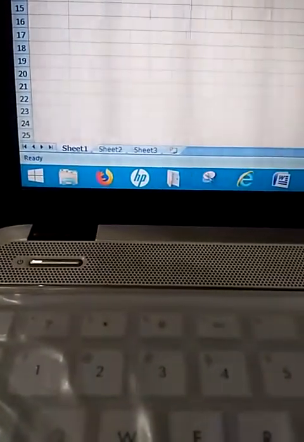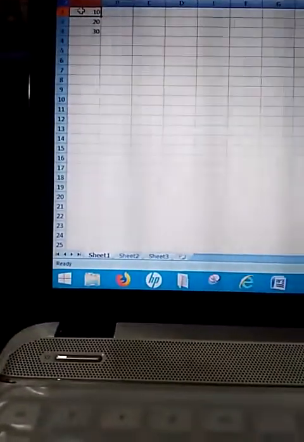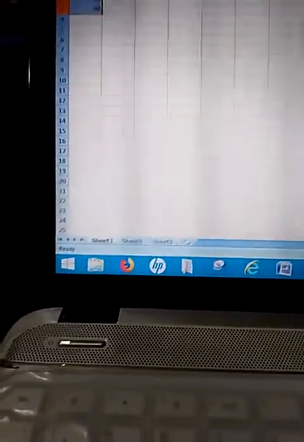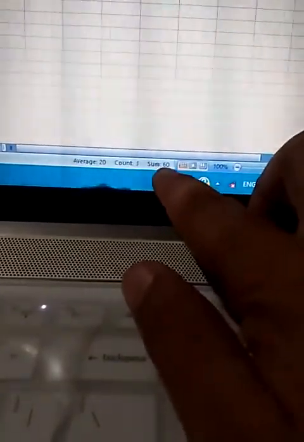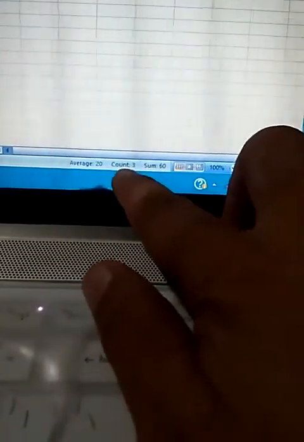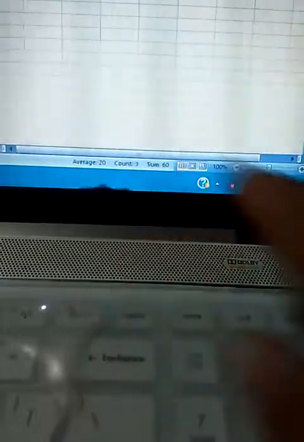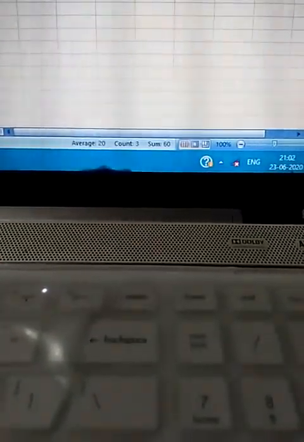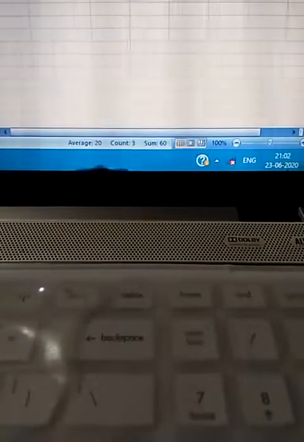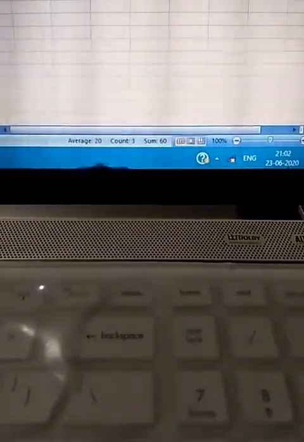Now suppose I select these three numbers. You will see some calculations written: the sum of these three numbers is 60, count is 3, average is 20. So the computer is automatically calculating your average, count and sum of the numbers.